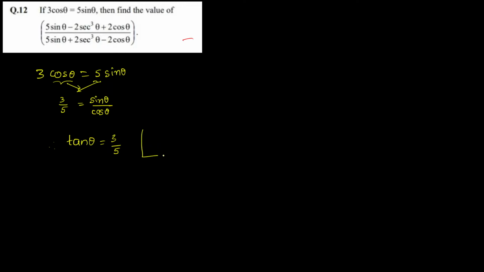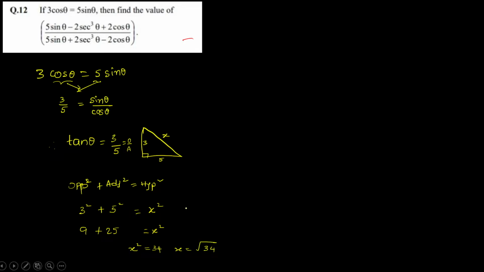See here, tan theta is equal to 3 by 5, and by the definition of tan theta, or the mnemonic SOH CAH TOA, tan theta is nothing but opposite by adjacent. So opposite side is 3, adjacent side is 5, and we have to find the hypotenuse. Opposite and adjacent are given, we have to find the hypotenuse, and here we will use the Pythagoras theorem,